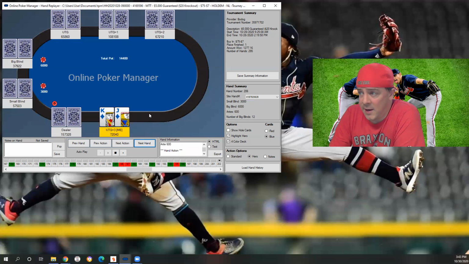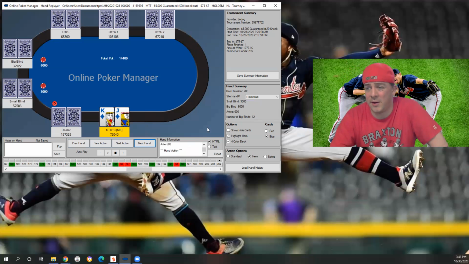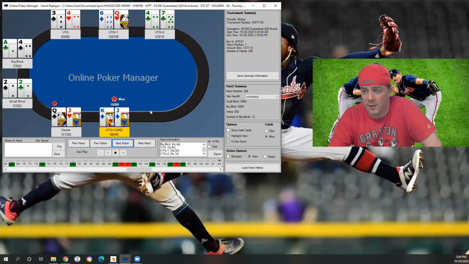We are 6-handed now at this table, which means the tournament's down to between 11 and 13 players. And we have suited high cards. If everyone folds, we're just going to put the chips in. We do. Everybody folds. We're up to 86,000, which is kind of getting close to an average stack at this point,